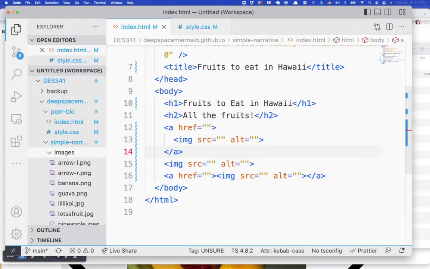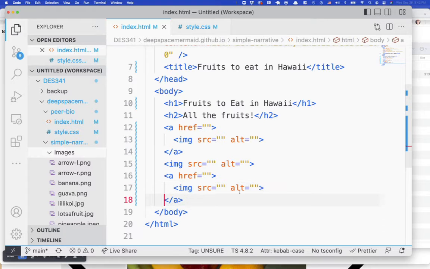So if I make line breaks around these anchor tags and image tag, I can kind of tell, okay, this anchor tag is for that image. This anchor tag is for that image. It's definitely closing, all that good stuff. Okay, so